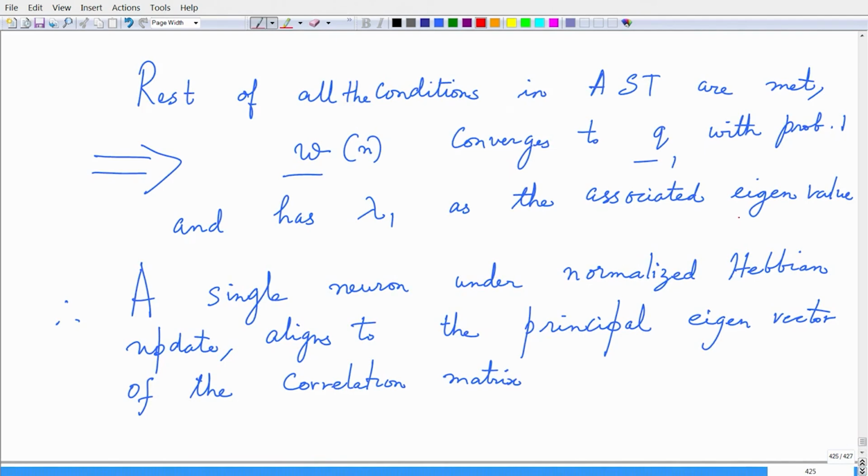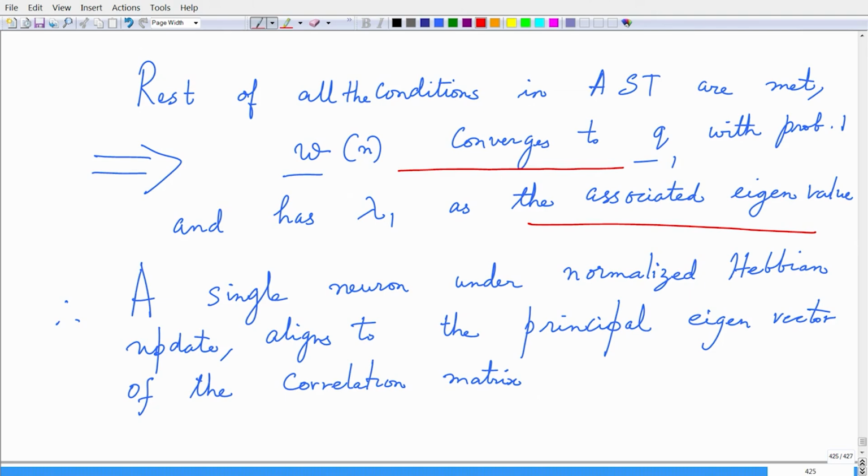Now, we can verify that all the rest of the conditions in the asymptotic stability theorem are satisfied. That means Wn converges to Q1 with probability 1 and has lambda 1 as the associated eigenvalue. So, this is the take home message. Now, what it means is a single neuron with normalized Hebbian update aligns to the principal eigenvector of the